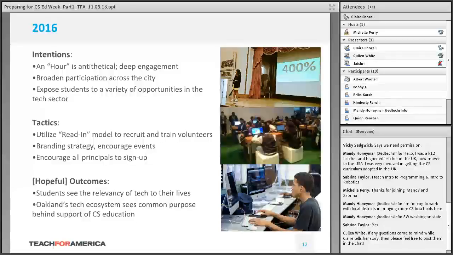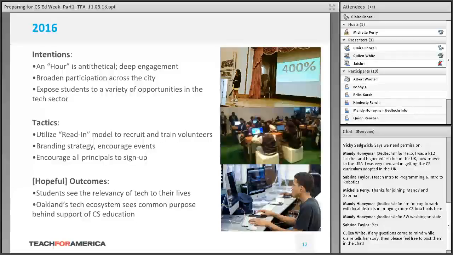Our hopeful outcome is that we see increased relevancy of tech in students' lives, that they're able to articulate the increased relevancy, especially given that so many of them are in this class. It's mandatory for basically every ninth grader in the entire district, and so we're looking at ways to increase the perceived relevancy. We as adults feel like it's there, but we want to make sure that kids are fully on board as well. And then this is a citywide strategy, so we committed with